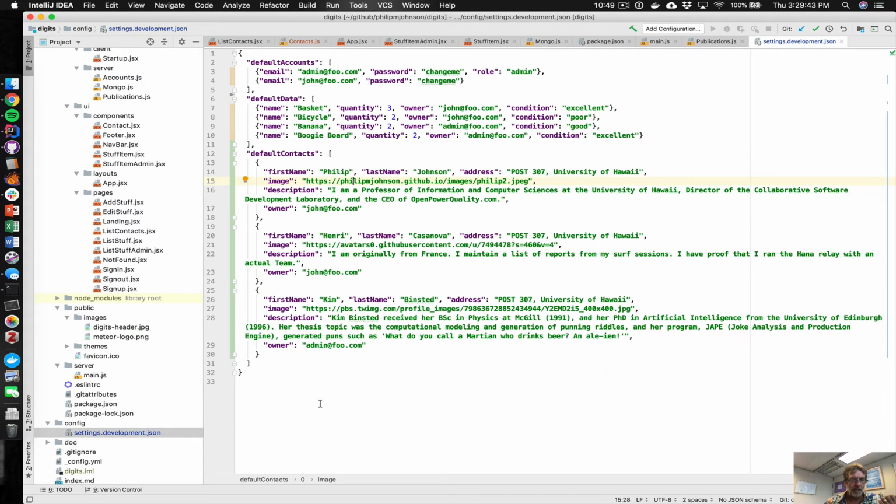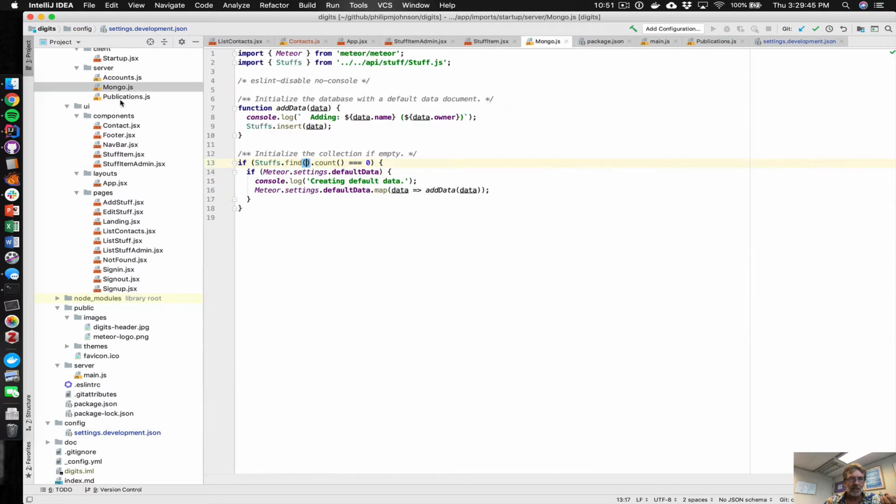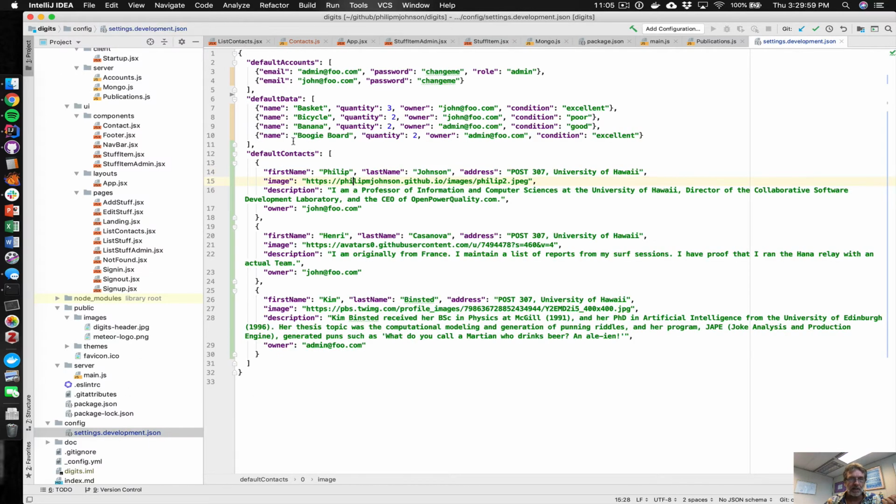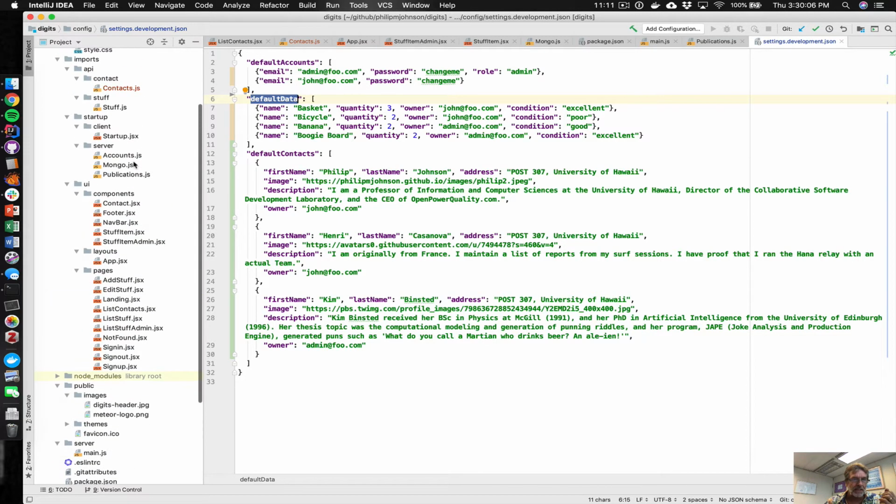Okay, and one of the implications of that is that that file, which is a JSON file, becomes the value of the Meteor.settings variable. So we can check if Meteor.settings.defaultData is basically saying, is in this file, if there's a field called defaultData. Okay, so we'll follow that same